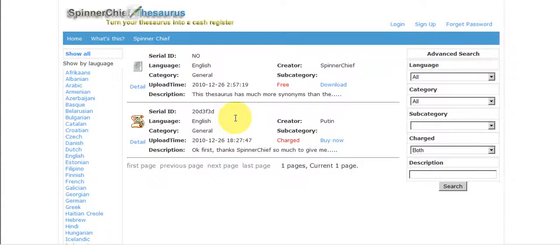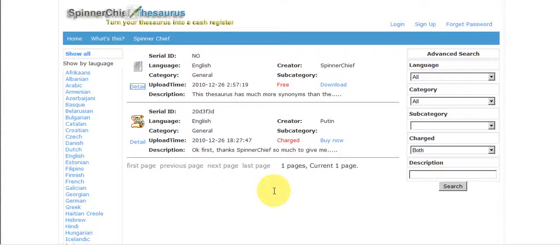Okay, so this is the main page of the Thesaurus Exchange, and you can see these are thesauruses on offer. There's only 2 at the moment because we've only just opened the service. So this is a free one. In fact, this one, if we go into it, you can see the detail.